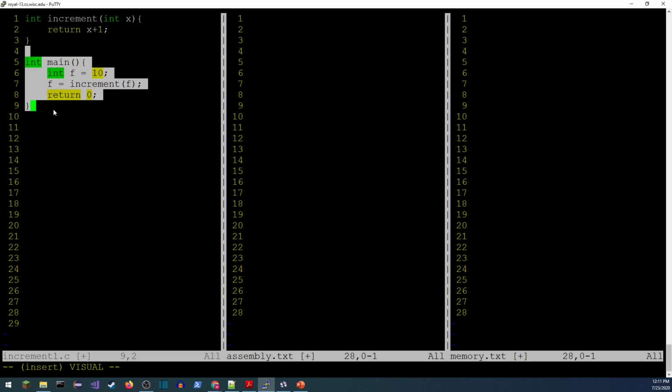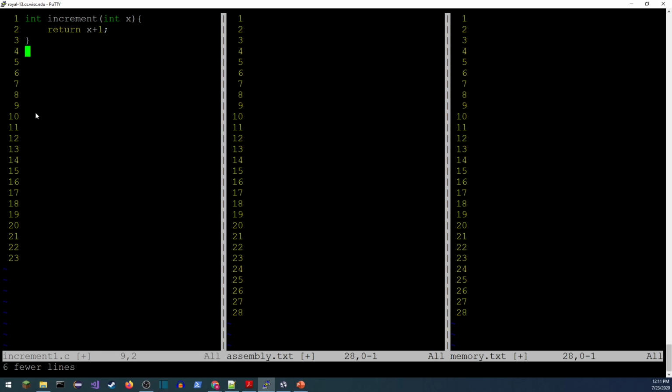We could do that. We could actually go ahead, delete the rest of main, just put just this much in. We could run the compiler proper, stop after it produces the assembly, and see what comes out. But I think it's a little better as a learning tool to actually leave all of this stuff in there and talk about what's going on, because we're going to need to know what's in memory, how the parameters get passed to this function.